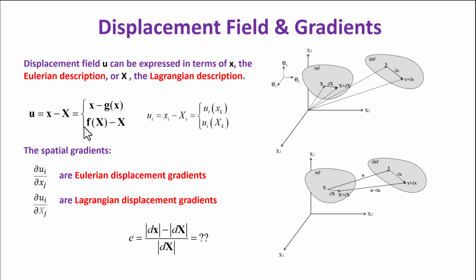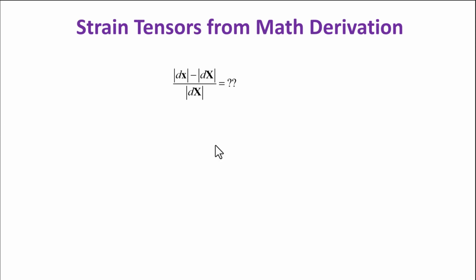So with this setup so far, we have displacement. Displacement generally varies in space, so we have displacement gradient. The gradient can be expressed in terms of the deformed coordinates, that is called Eulerian displacement. The gradient can also be expressed as a variation in the original coordinates, that's the Lagrangian displacement gradients. So, we want to look for a mathematical description of this.